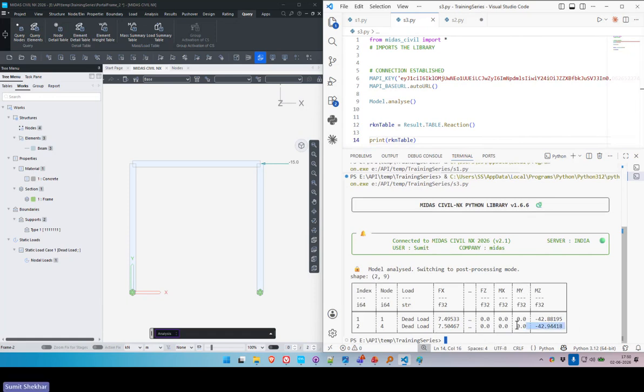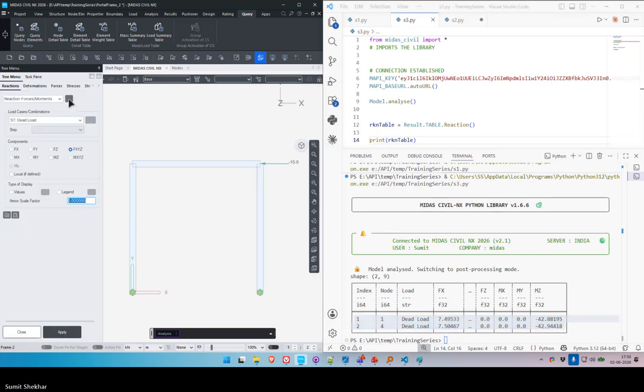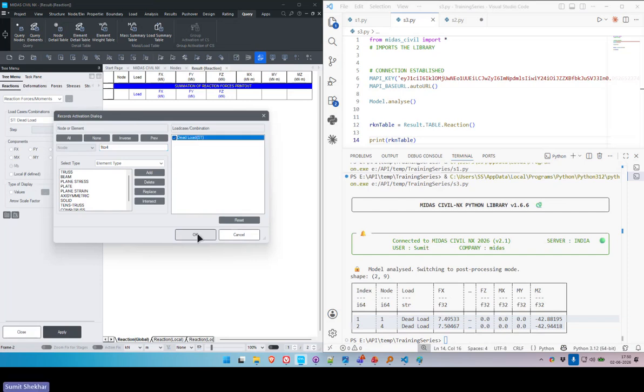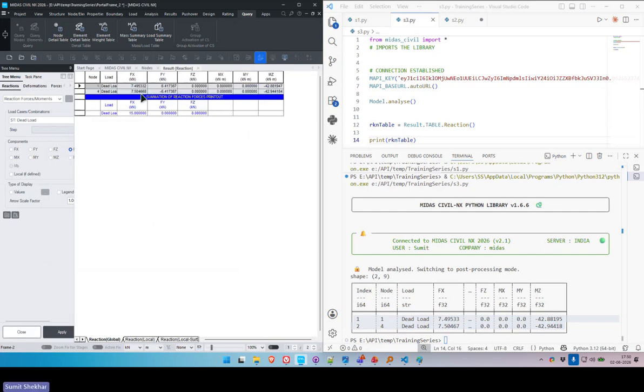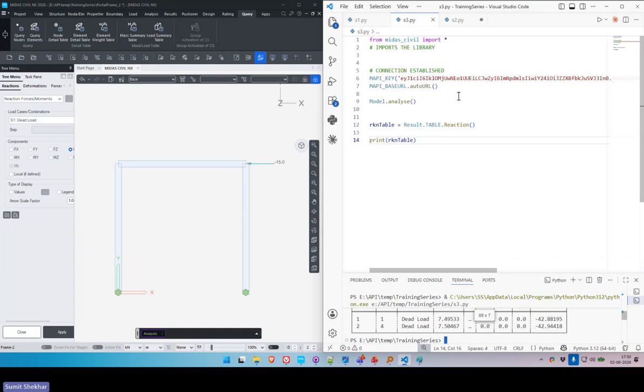So here we can see this tabular data that we have obtained. I can go to this reaction, open it, and try to match it. So 7.49, 7.5046, 7.5046, MZ value minus 42, minus 42, minus 42. So with this single line of code, I have extracted all the tabular data,